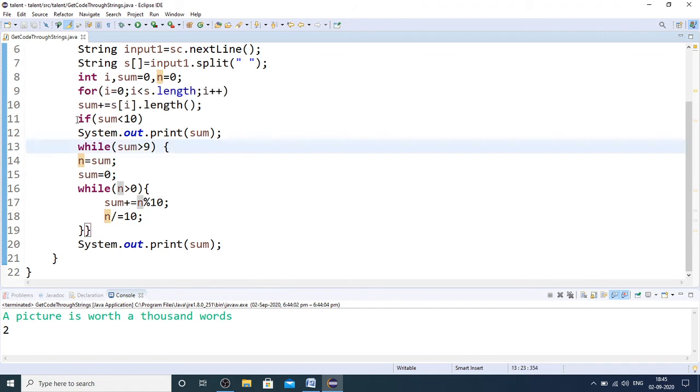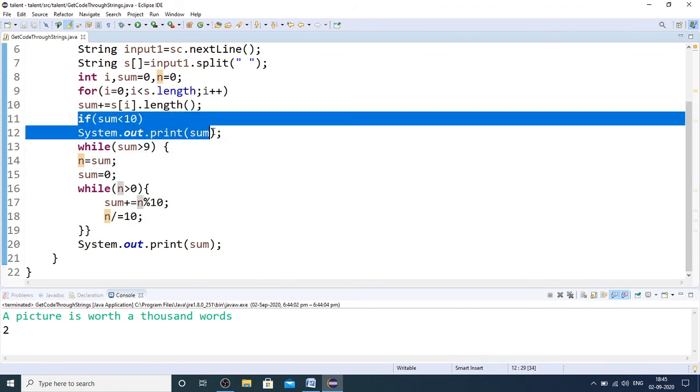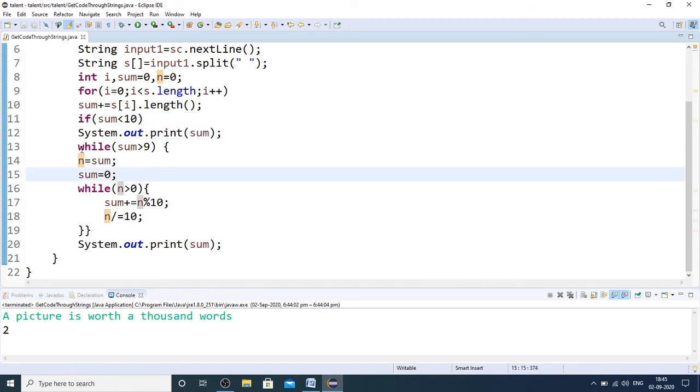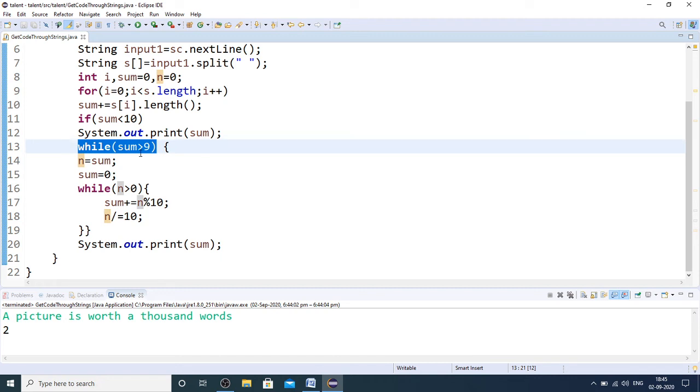And then here I am determining if sum is less than 10, I am just displaying that particular sum value. Otherwise, I am running the loop as long as the sum value is 2 digits. That's what this particular while block represents. So while sum is greater than 9, that indicates it is 10 or above.